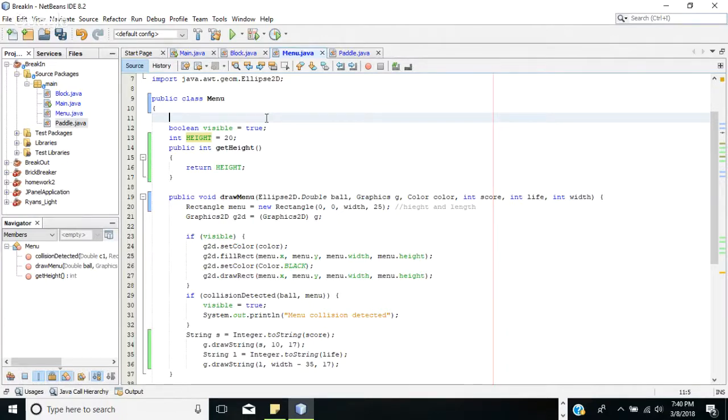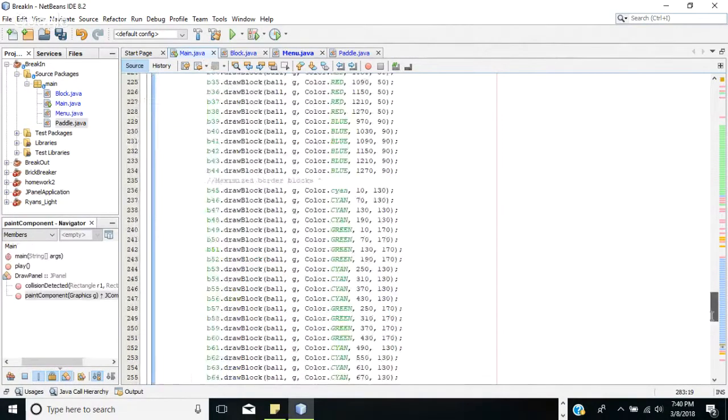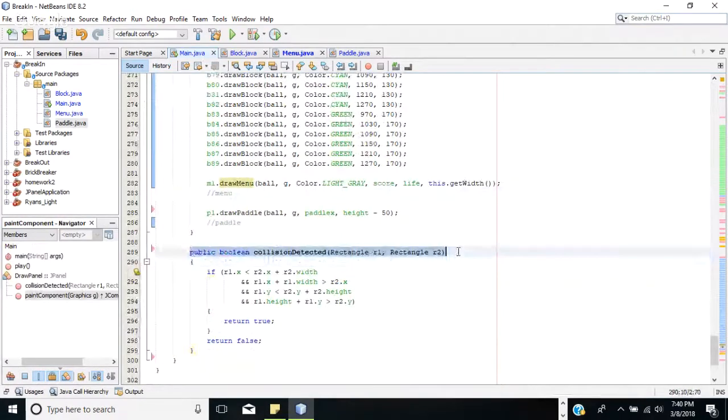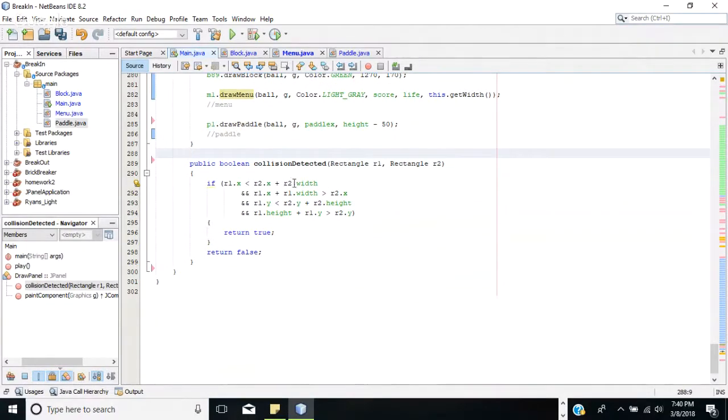So let's go over to the main. Is this where we got collision detection at? Is it still in main? Let's check. Where is our collision detection? It's still in main, right? Yeah, it's right here. So basically, we have R1XX width, right? Well, now, what we need to do here is we do not have collision detection actually with the, well,